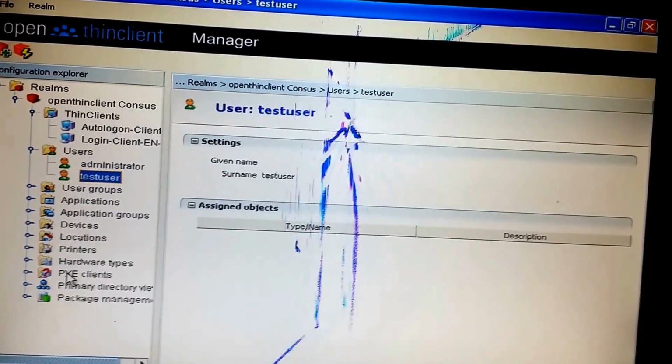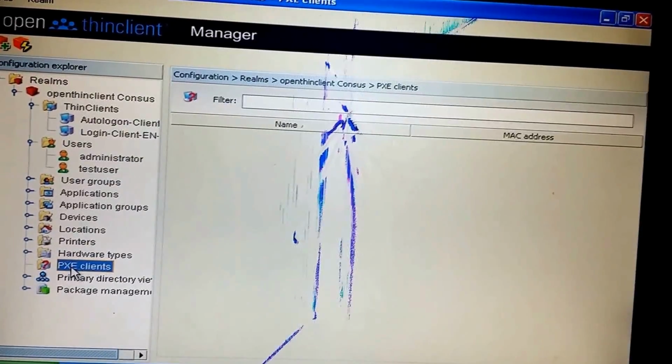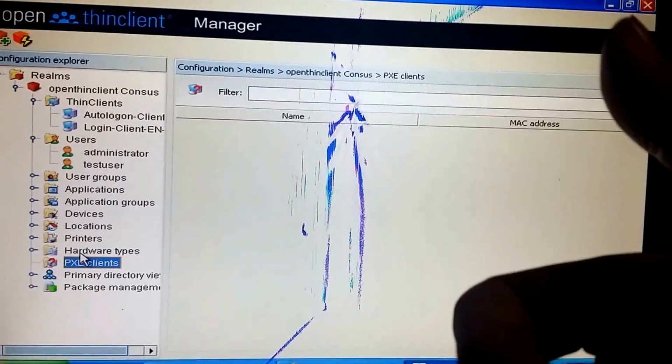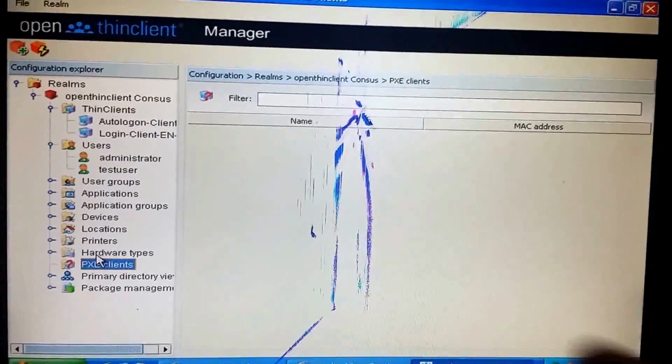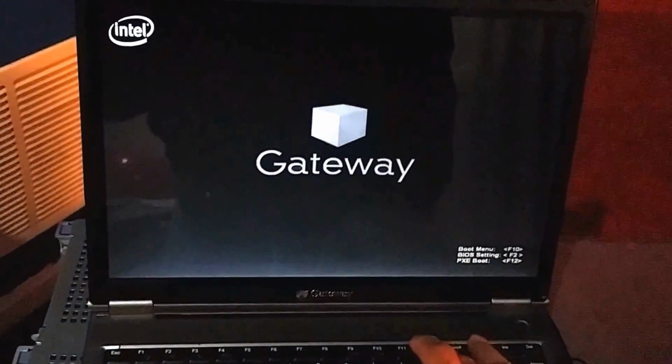So the first thing you need to look into is the PXE clients right here. This is the easiest way to get your machines to talk to this server: start the machine right now and let it find itself. So we're going to leave this open. We're going to turn our machines on right now, and we will tell this machine to start from a network. I'm using Gateway and Dell, two different examples there, okay? So F12 is my boot to NIC,